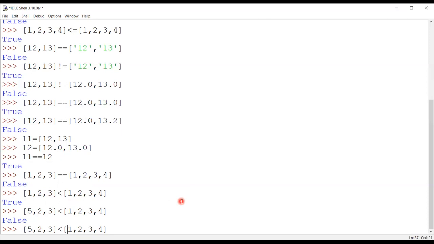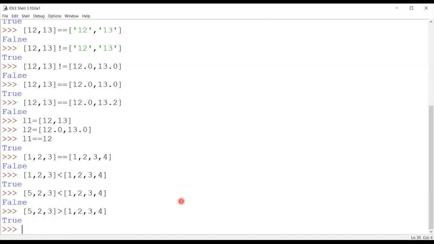If I reverse it, and check for greater than, I'll get the result True. So here the number of elements is discarded completely. That concept is not working at all, but the comparison of the values of the elements is working. 5 is greater than 1, so I'm getting True. My interpreter will not even look for the second element in the sequence, because the decision is made on the first element itself. So no matter that my first list contains 3 elements and my second list contains 4 elements, the values inside my list matter.